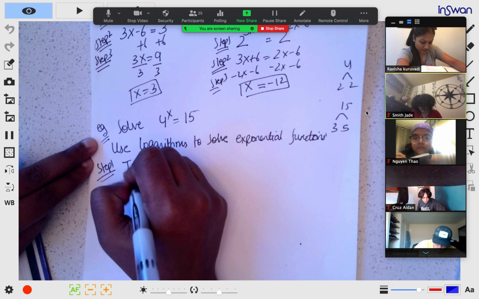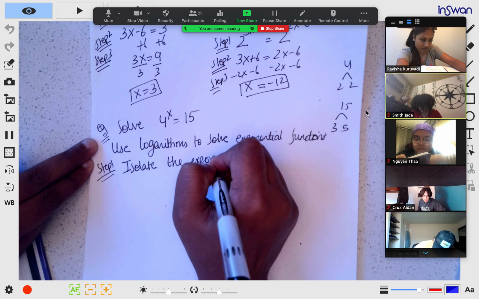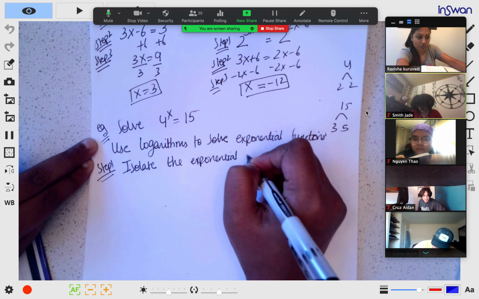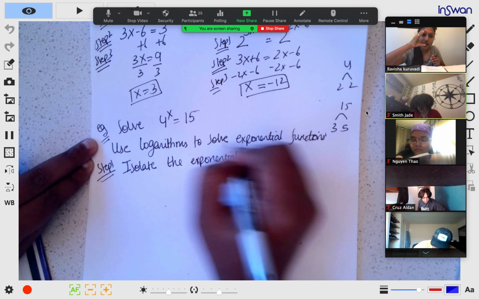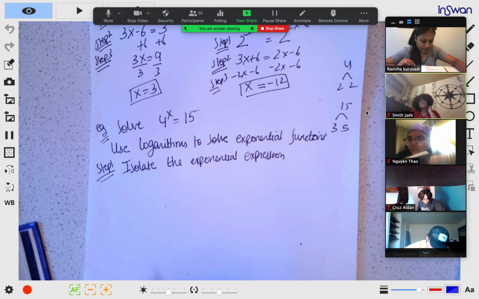Isolate the exponential expression. So if you were not able to make your base the same, what you're going to do is take the exponential term on one side, everything else on the other side. That's how you isolate the exponential expression. Step 2 says,